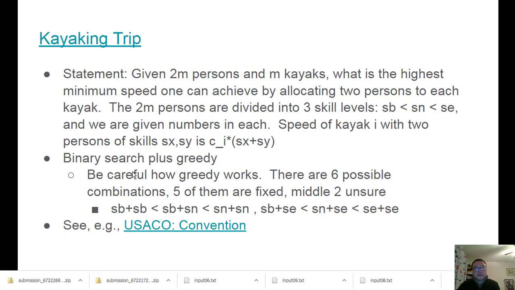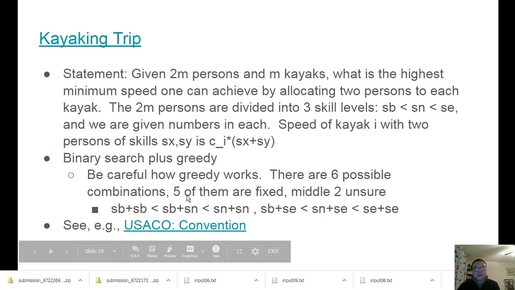So how the greedy works is a little bit tricky, because there are 6 possible combinations, and for 5 of them the order is fixed, but there are middle 2 that are unsure. I use skill level of beginners, skill level of normal person, and skill level of experienced or expert. So we have these 6 combinations, and there are 2 of them in the middle. The order is